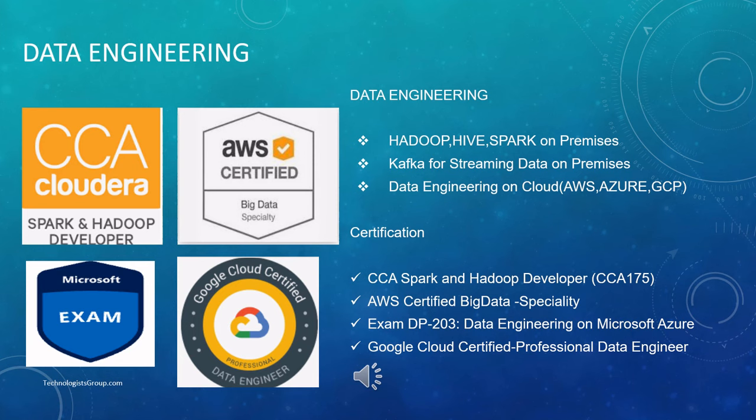If you see top cloud providers like AWS, Azure, and GCP, they have their cloud services to set up this big data and Kafka streaming kind of thing using their messaging systems like PubSub or Amazon Kinesis. So like that, every cloud provider has its own big data services as well as messaging queue services. So nowadays companies are planning to move their on-premise big data systems to cloud. So there is a huge demand for cloud data engineers nowadays.